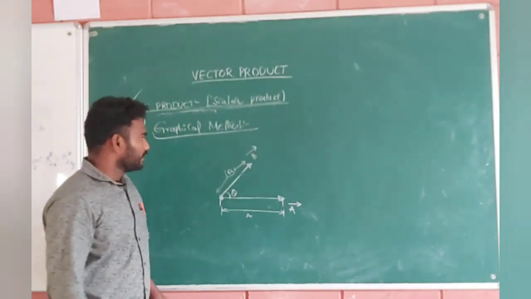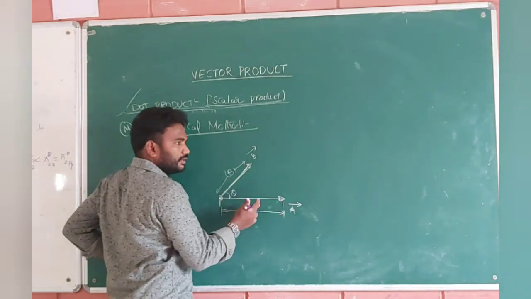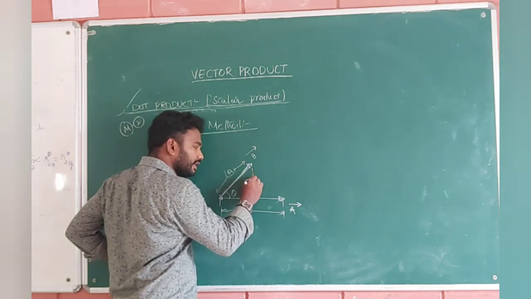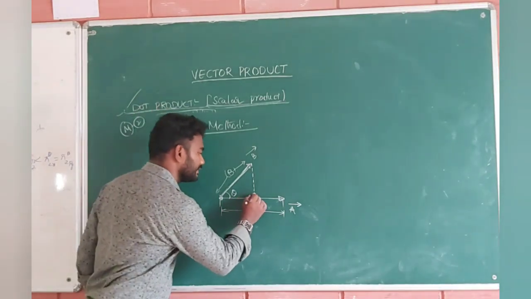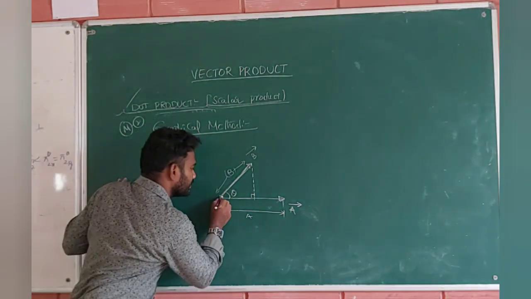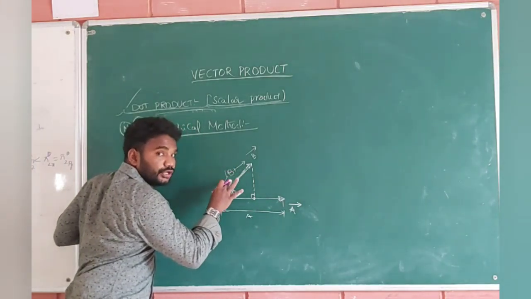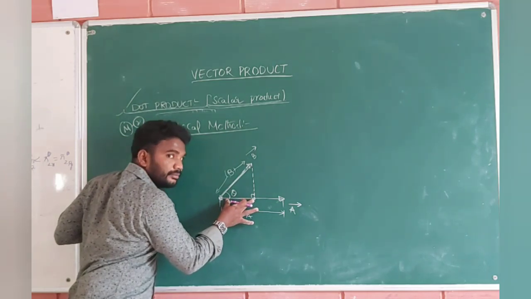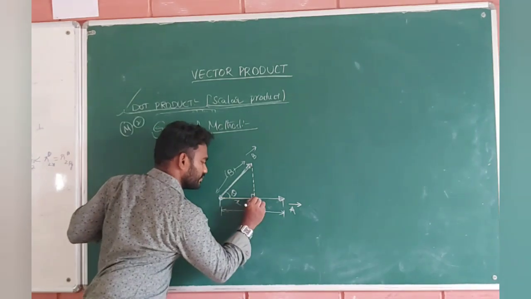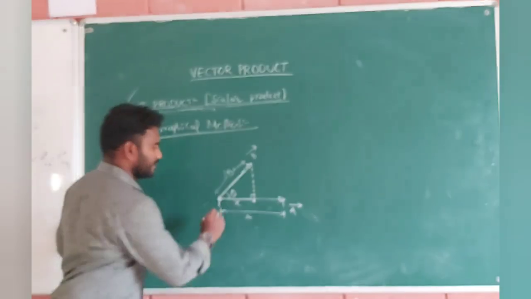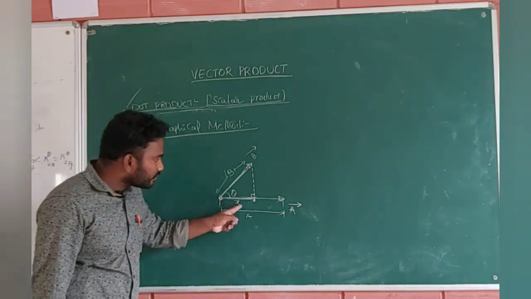Now here, what is the component of B? What is the component of B on A that we have to find? In order to do that, we should draw a line here, a perpendicular line between B and A. This is perpendicular. The effective component of B on A is X. We don't know that, we want to find it. The distance from here to here is X, guys. Let me find out that X.